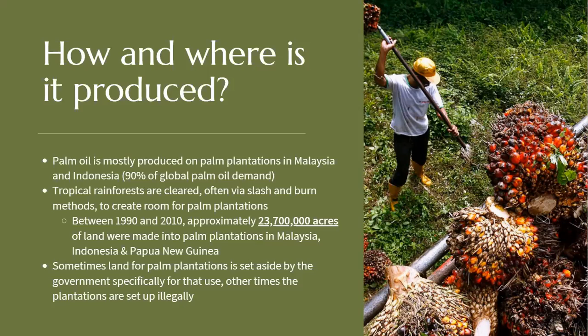So they're really running out of space, and sometimes illegal plantations are set up and can cause conflict. It's a really not good situation because they need money, but they are also destroying their ecosystem. So it's a